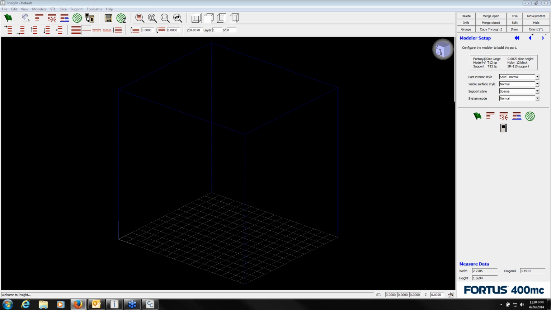There's also a tall part stabilization, which if anybody has built any tall or thin parts and had to deal with the part being fragile and falling over during a build, which I've run into numerous times, previously the fix for that was doing a surround support structure. Part of the problems with that, and that function works fine, but when you're building a tall part and it's surrounded by support, you're adding a whole lot of time by doing the material changeover to lay